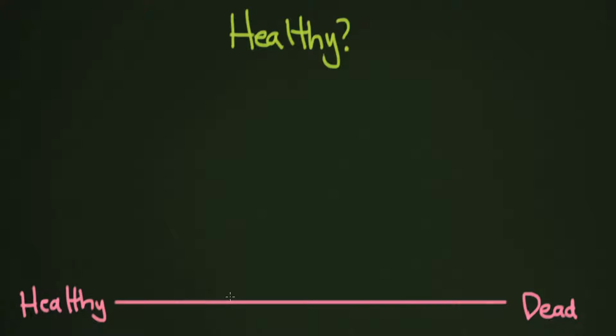A dichotomy is when you have two things, and you have healthy on one side and dead on the other side in this case. And so people have always kind of said, well, this person's over here, or maybe this person's over here, whatever the case. And that kind of gets a little bit at what health is. I mean, it's kind of describing it, but it's not quite exact enough. So how about we take a look at what maybe is a better way to think about this. To do that, let's draw our person here.